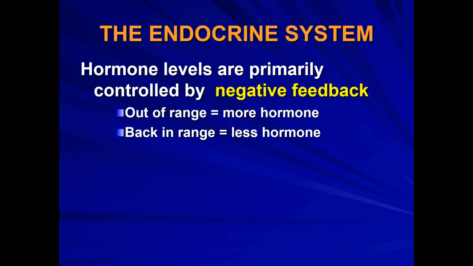The endocrine system is based on what we call negative feedback. Negative feedback, often called the negative feedback loop or the negative feedback mechanism, is all about the idea that with homeostasis, you're looking at something that's in range, at a particular set point. When you get out of range, that's a signal for the endocrine system to produce more hormone, more instruction for the body to do something. And then once you're back in range, you've re-hit the set point, that system kicks out and you produce less hormone.